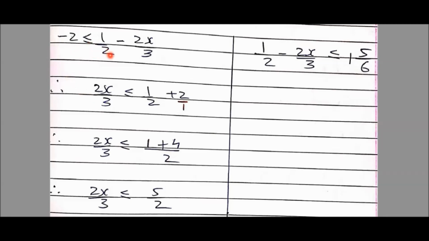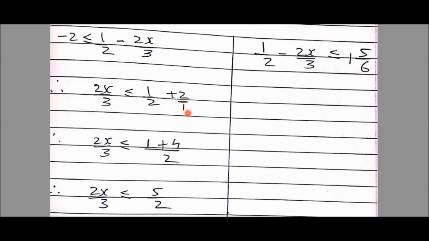Minus 2 is less than equals to 1 upon 2 minus 2x upon 3. Now it's very simple, nothing to explain. I always believe, and you also always believe, to have x positive. So minus 2x upon 3 when transferred on left hand side, it becomes plus 2x upon 3. Be careful. Just for transferring of the terms from right to left, there will be no change in the inequality sign. Less than equal to remains less than equal to. Half as it is half. Minus 2 comes on right hand side, so becomes plus 2. Now this is something important. Here below this 2 we have nothing, that means here it is 1. Where there is no 1 there is always 1.